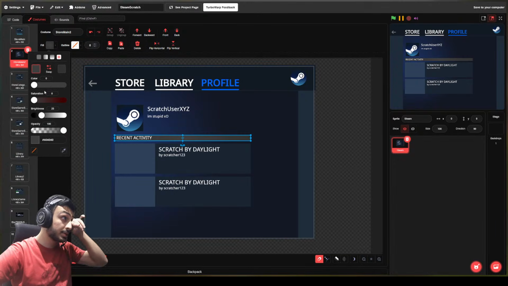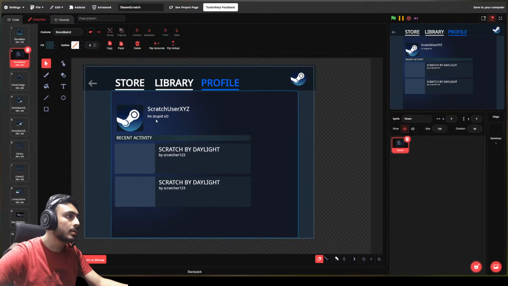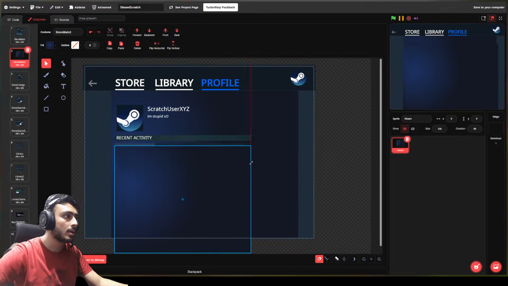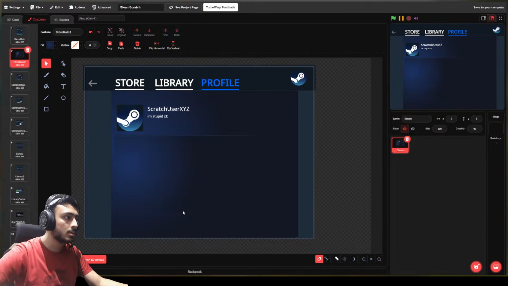Make this bluish. I'll add a bit of saturation, 50% around, and make it blue. 55, 50. Yeah. Now this looks good. And just make this small, like this. Yeah. Just a bit bigger, like this.